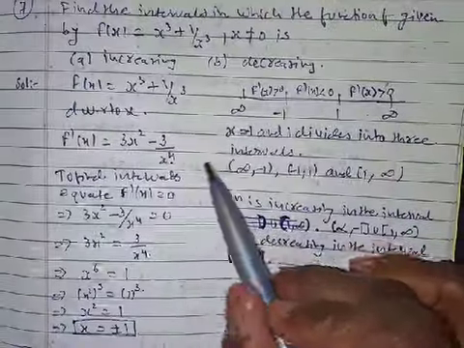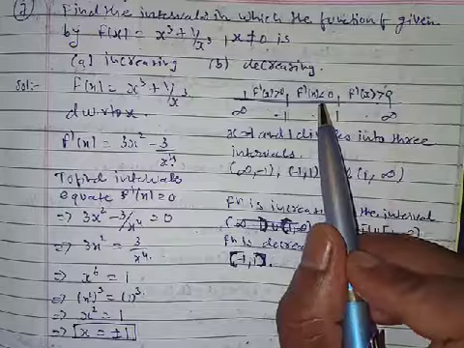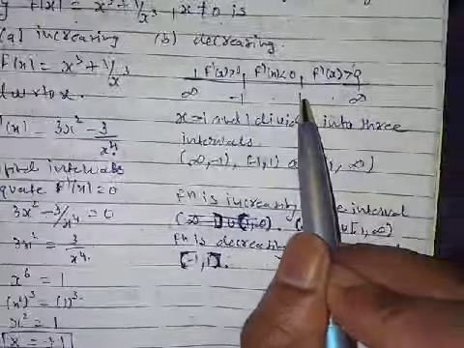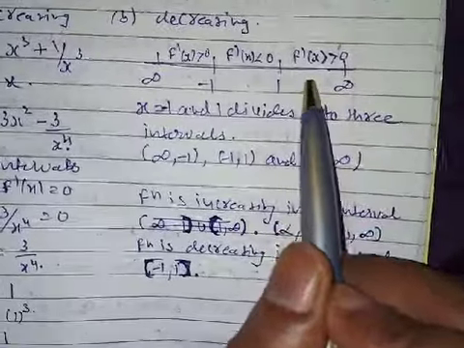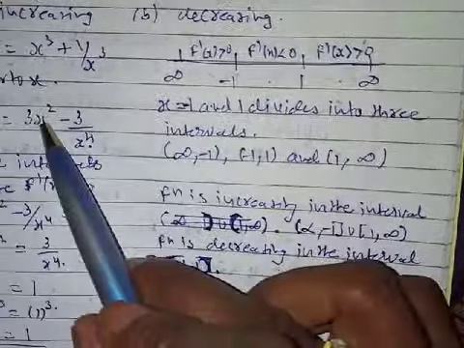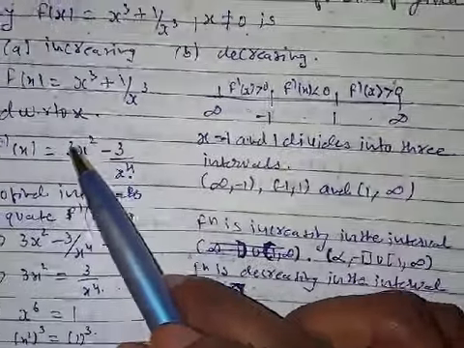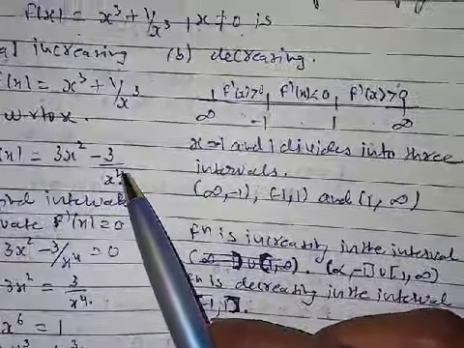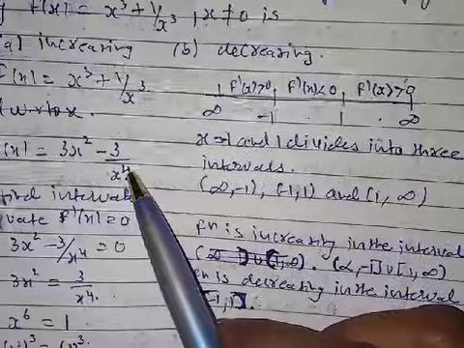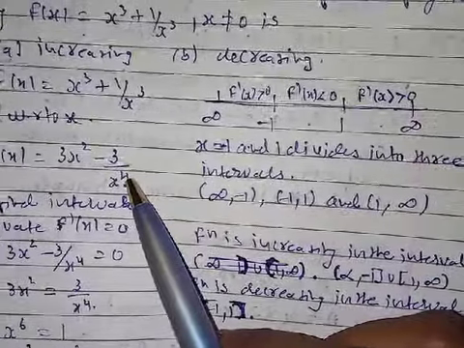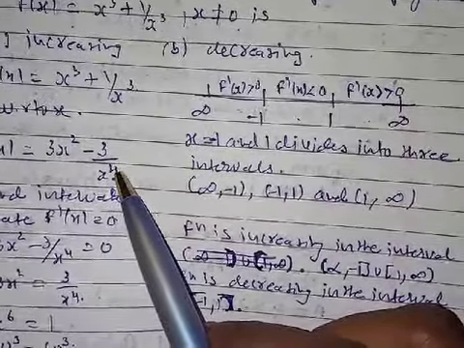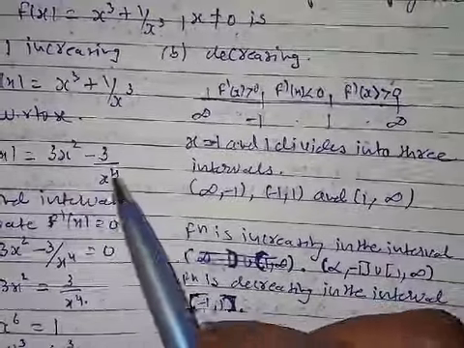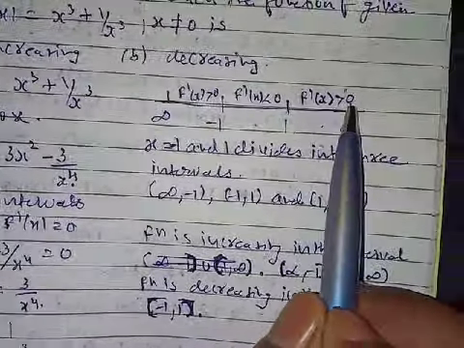This will be negative now, so this is less than, and you take the value infinity. Infinity means plus 1, take 2 here: 2 2s are 4, 4 3s are 12, minus 3 by 4 is 2 raised to 4. 2 raised to 4 is what? 2 2s are 4, 4 2s are 8, 8 2s are 16. Got it? If you simplify it, you will get a value greater than 0.